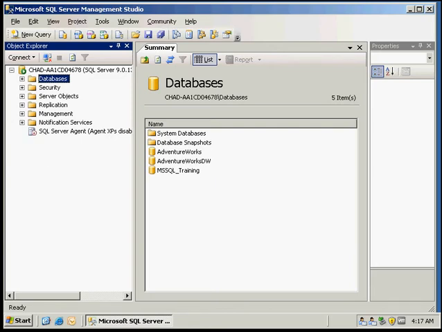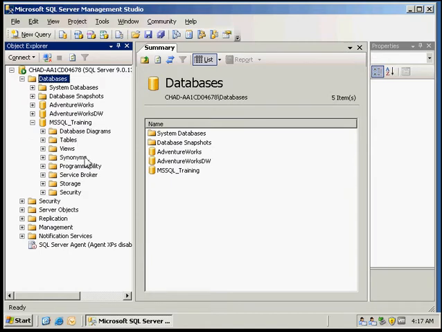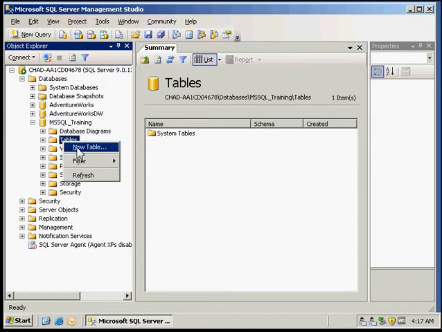This activity is titled Creating the Product Tables in Management Studio, and this is from our SQL implementation and maintenance book. So the first thing we need to do is go to our databases, and we're going to be using the MS SQL training database that we created in an earlier video. We want to go to Tables and New Table,